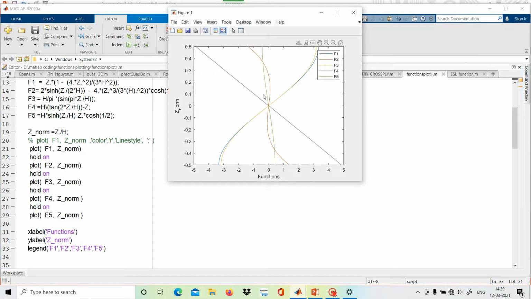Yeah, so now we can see here that f1 is this color, okay, f2 is the red color, so this function is f2, f3 is the yellowish color, f4 is this blue color, and f5 is this green color. So from this we can see that the legend helps us to recognize which function is plotted and which one is f1 and f2, so different functions. So in this manner we have plotted the various functions on the same figure.